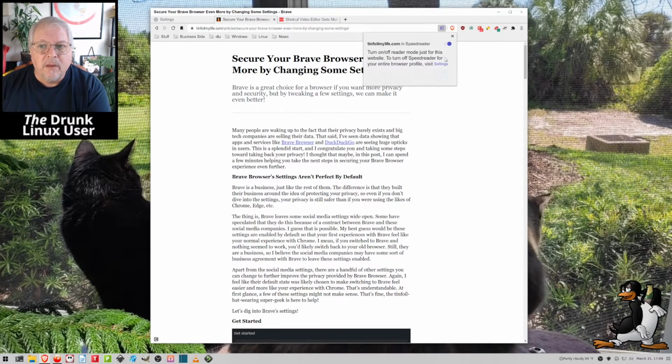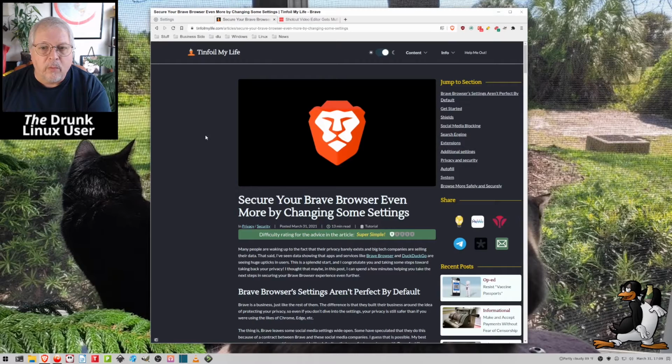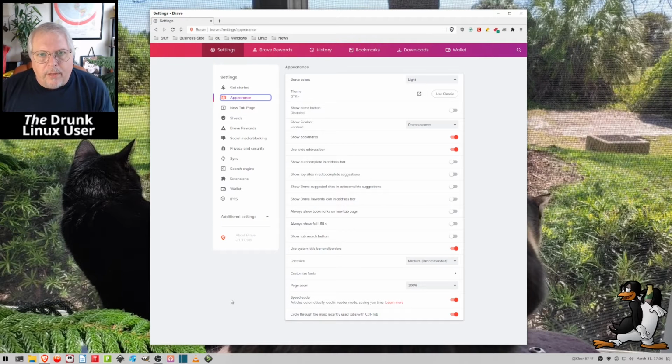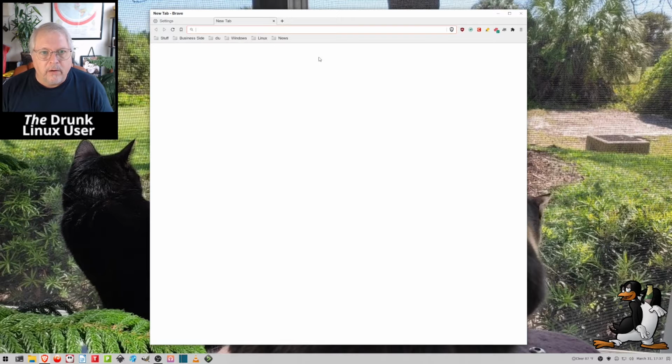It's really nice. But I'll just go ahead and put it back to the way the author wanted it in the first place. The part where I thought I was losing my mind had to do with this Speed Reader panel down here. Now, in this overall appearance panel, it was showing up before, but when I tried to do this video, it went missing. I couldn't show it to you. So I uninstalled and reinstalled, and I went to the message boards for Brave, and somebody came up with this brilliant idea of coming over here to Brave on your address bar, brave://